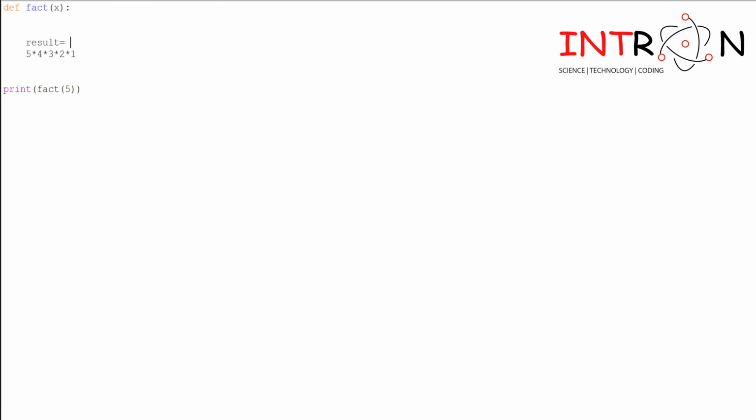It should be x, next is x into x minus 1. This program should not stop there. It should keep on decrementing the values and multiplying them. So again we have decremented this x, and in this case we now use fact.